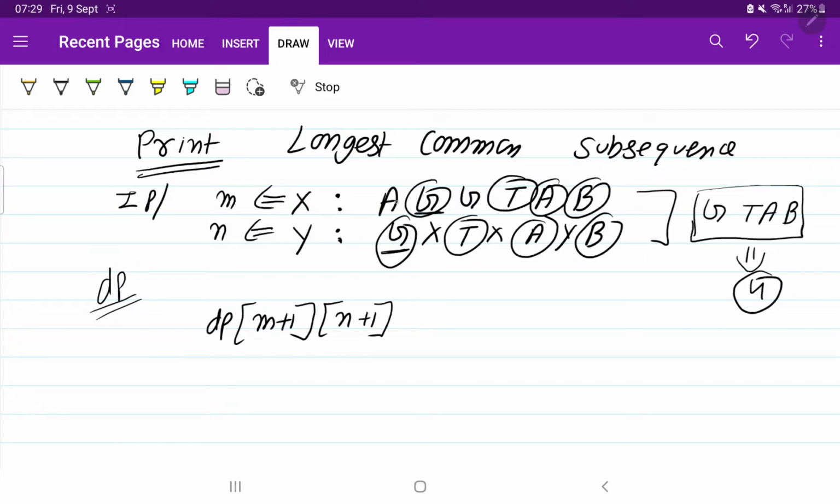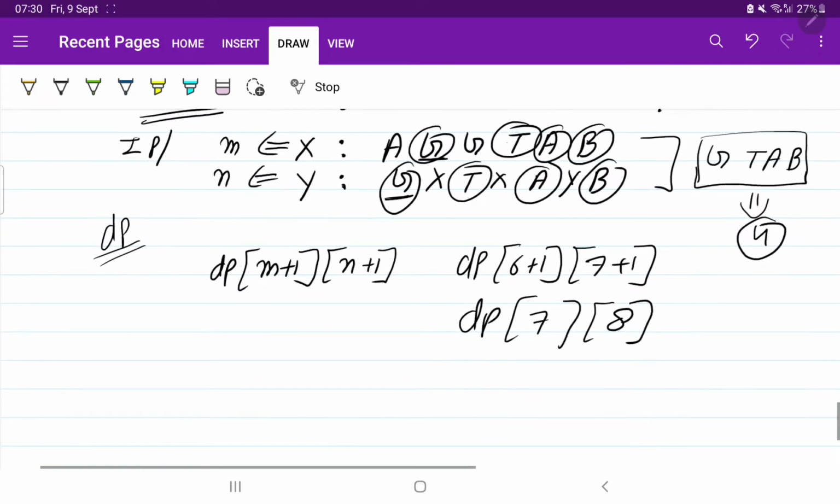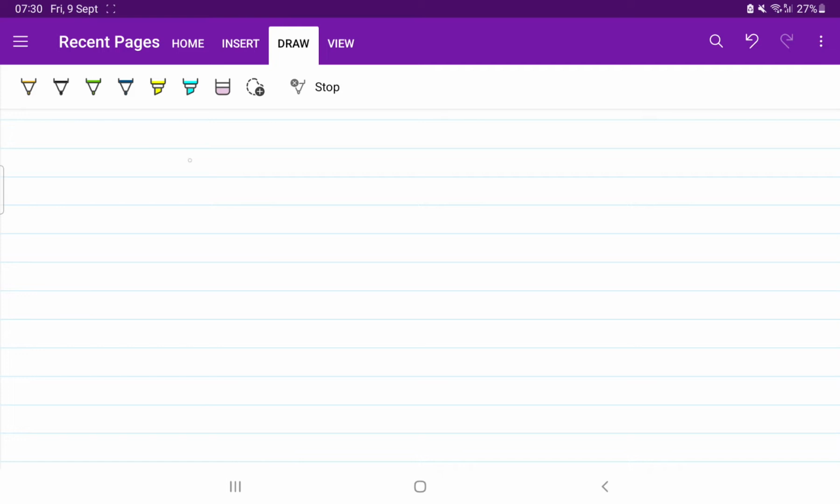If we count 1 2 3 4 5 6, it will be 6 plus 1, and 1 2 3 4 5 6 7, 7 plus 1. So we need to create a DP of 7 by 8, that is a matrix. Let us create it and solve this problem.